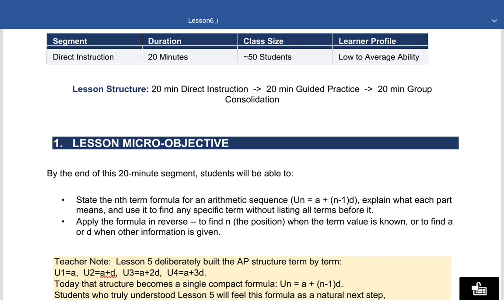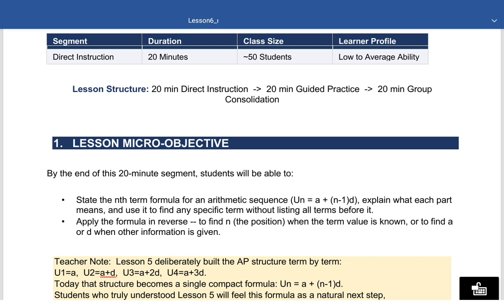you should be able to state the nth term formula for an arithmetic sequence. Explain what each part means and use it to find any specific term without listing all terms before it. And the second objective is apply the formula in reverse to find the position when the term value is known,